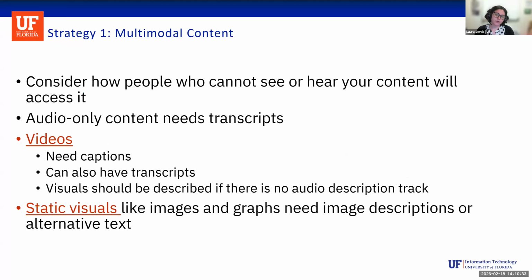So someone who's deaf would need transcripts, or somebody who has an auditory processing disorder might also need transcripts. If you have a video, it needs captions though. It can also have transcripts if you want to add those, but under these guidelines, it can't only have transcripts